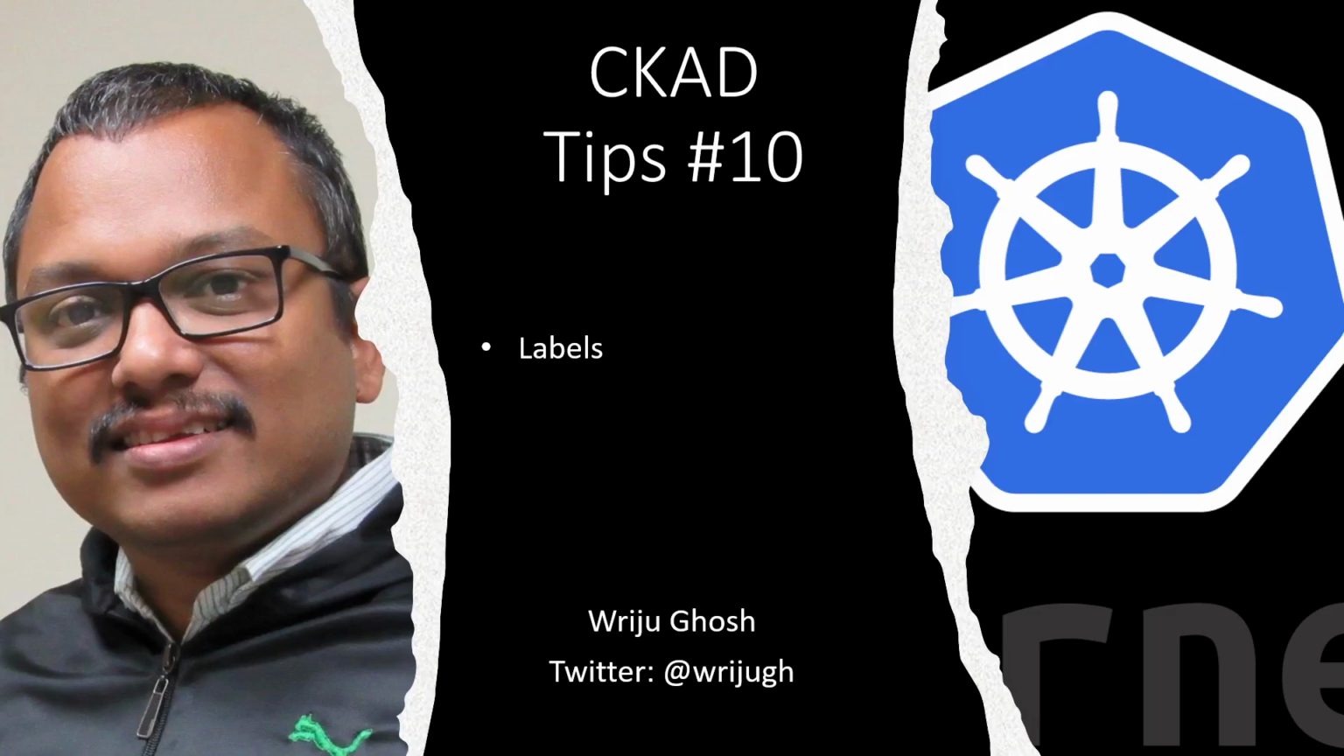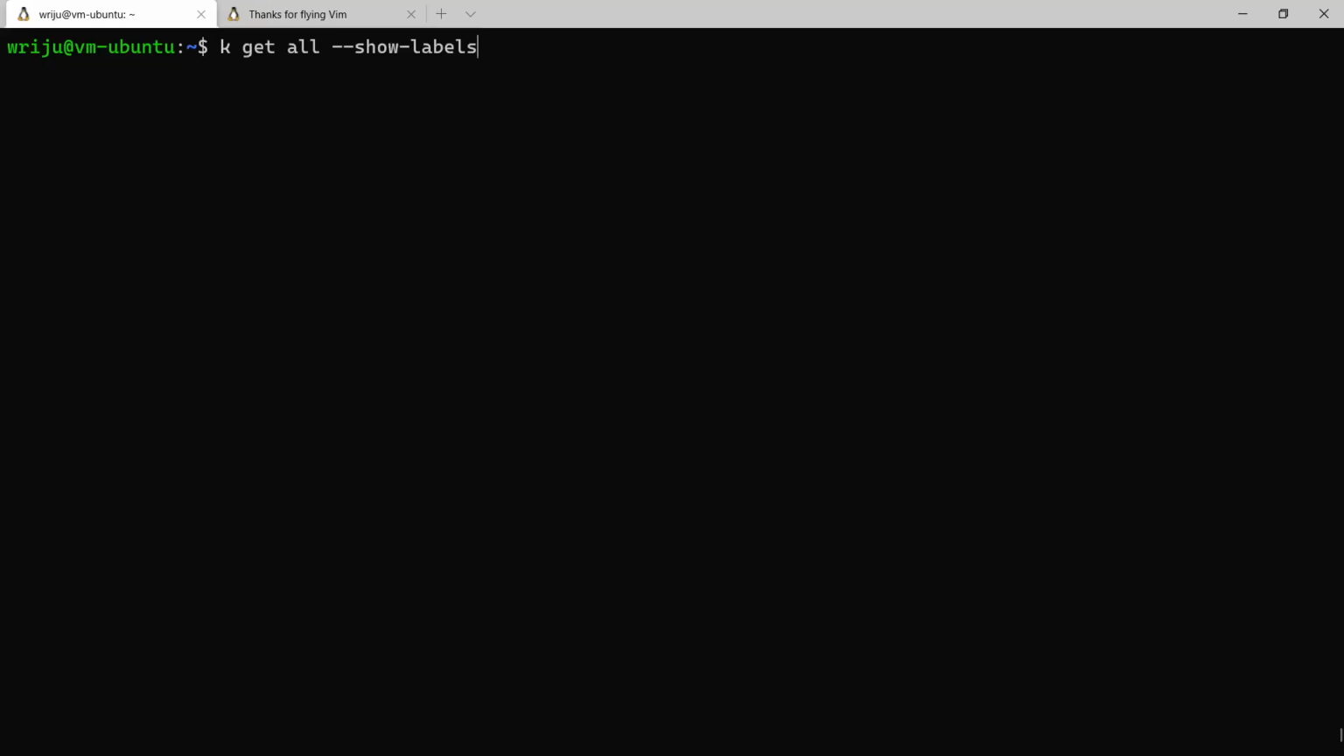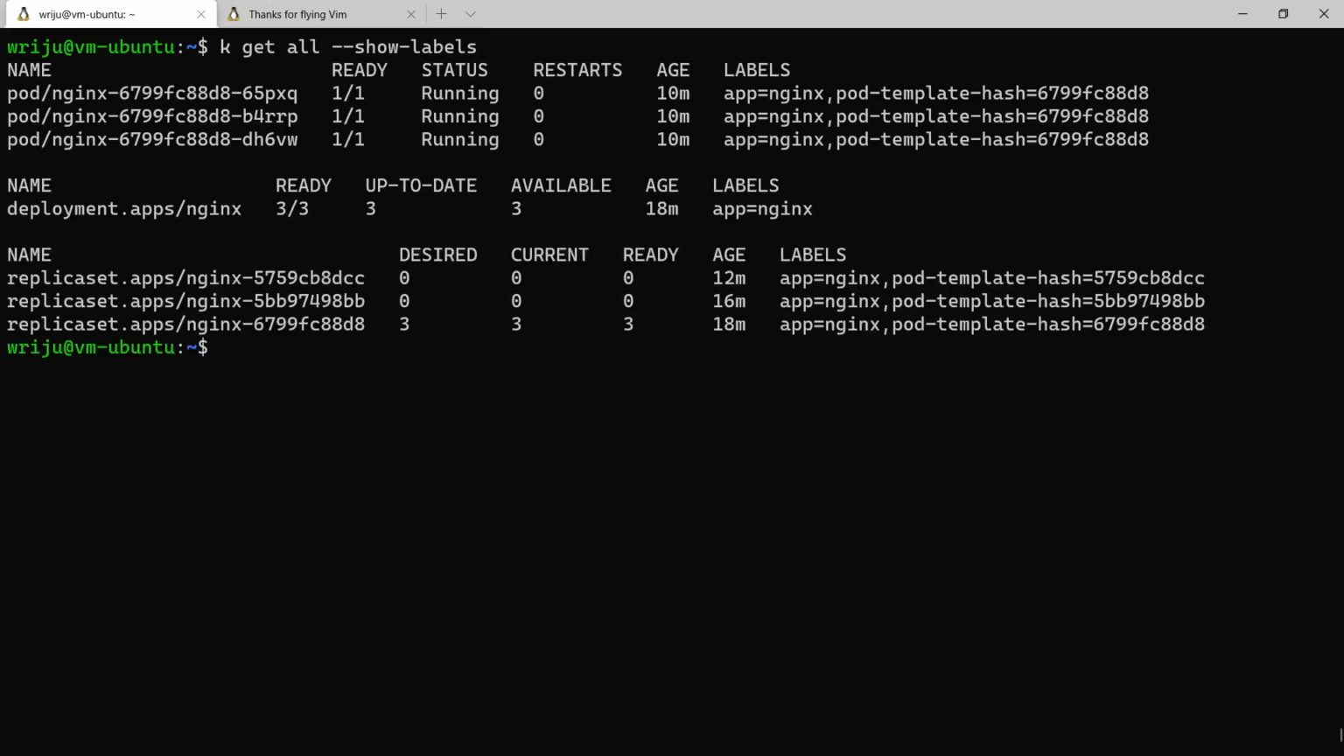Just to give you an example of how labels work and what their importance is, we'll see a deployment which we just did, and that deployment created a few replicas and a few pods. If you notice here, with the option --show-labels, it shows the labels, which is not shown by default. And you notice there is a label called app=nginx. For all three pods we have app=nginx, and for the deployment also app=nginx, the replica